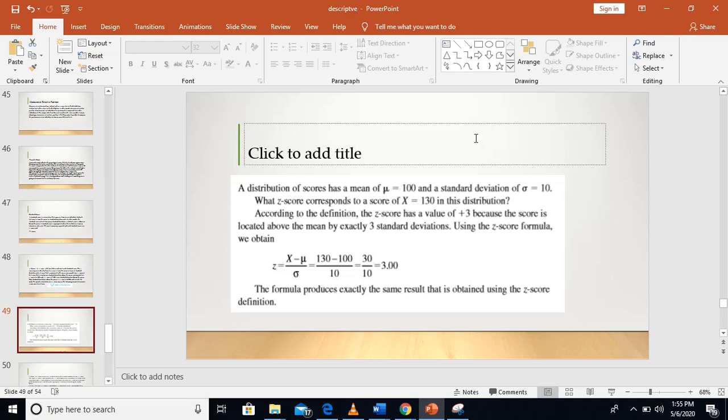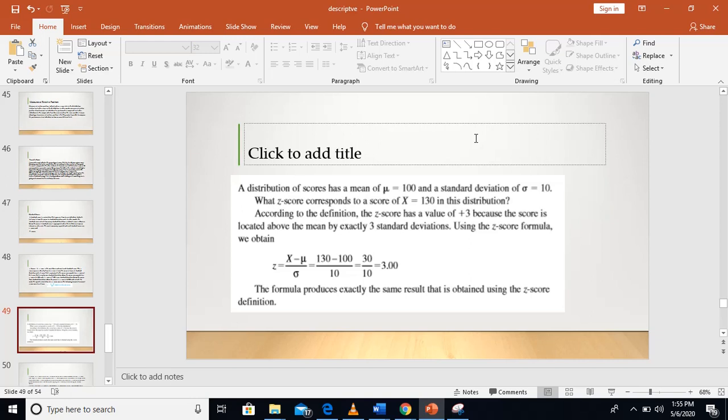A distribution of scores has a mean of mu equal to 100 and a standard deviation of 10. What z-score corresponds to a score of x equal to 130 in this distribution? According to the definition, the z-score has a value of +3 because the score is located above the mean by exactly 3 standard deviations. Using the z-score formula, we obtain